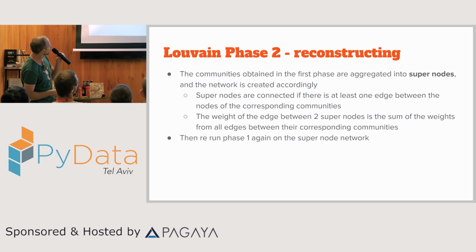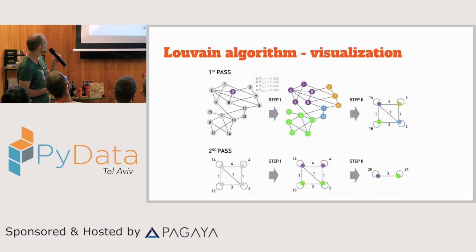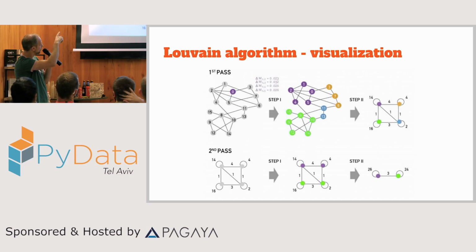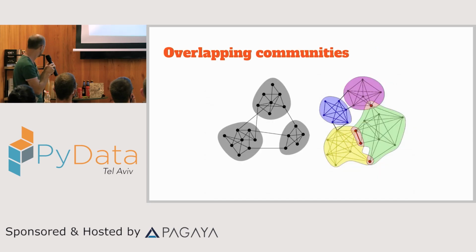And phase 2, we already talked about it. We aggregate all the nodes, we sum the edges, the inner edges and outer edges, and we run. So basically, our algorithm looks like this. We start with each node in its own community. We ask which one will gain the most, get the first layer of communities, aggregate, and so on, until we get the whole graph. This is the Louvain algorithm, which is cool, but it works only on non-overlapping communities,